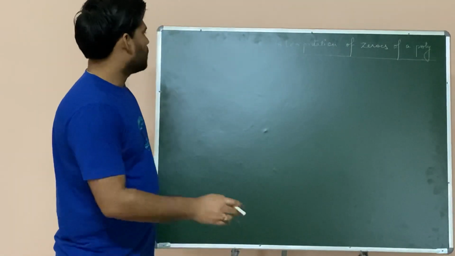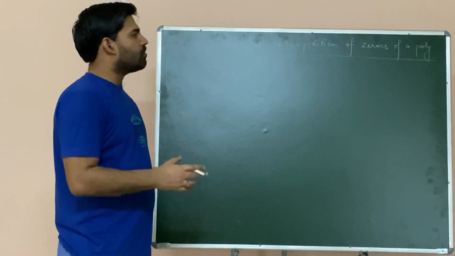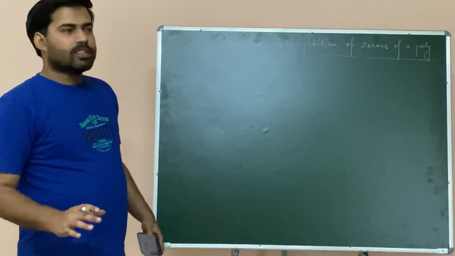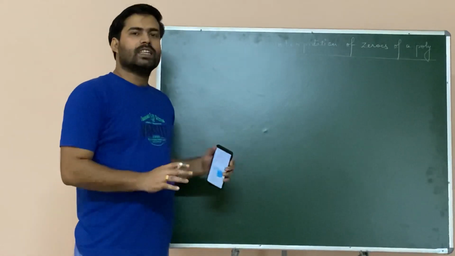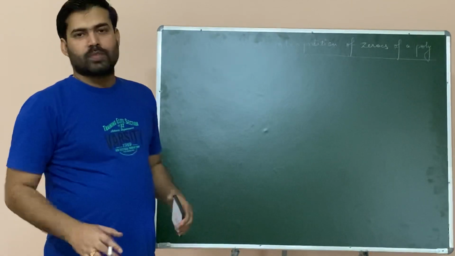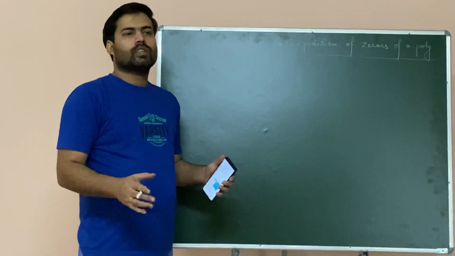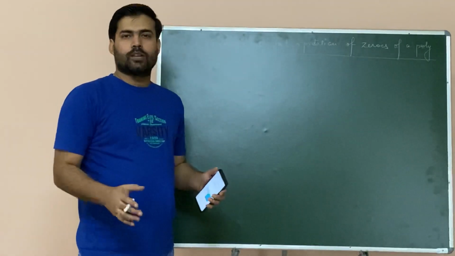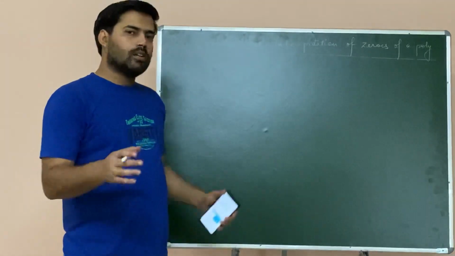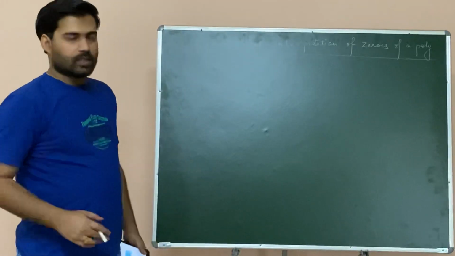Now students, the next topic that we will be looking into is the geometrical interpretation of the zeros of a polynomial. Now, in geometrical interpretation, what does that mean? Whatever we have studied till now was the algebraic explanation of the polynomial: how the polynomial is written, how they are represented, what the degrees of a polynomial are, and what the types of polynomials are. So we have seen the algebraic interpretation. Now we'll look into the graphical representation of it, or the geometrical part.